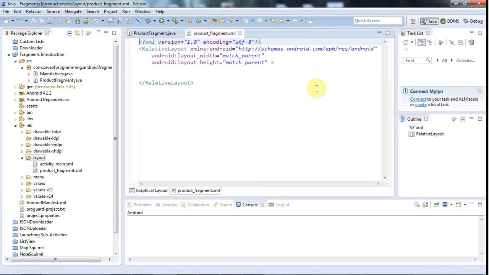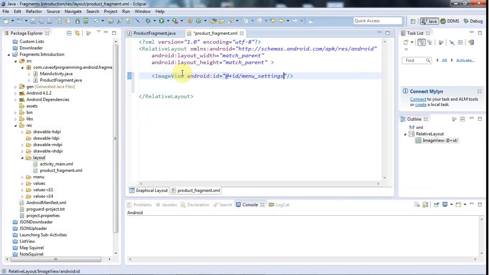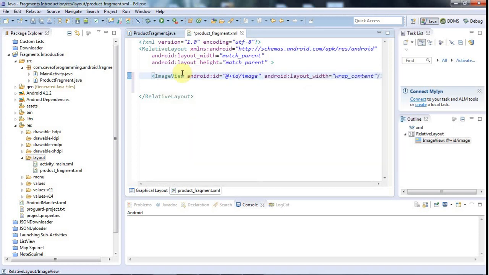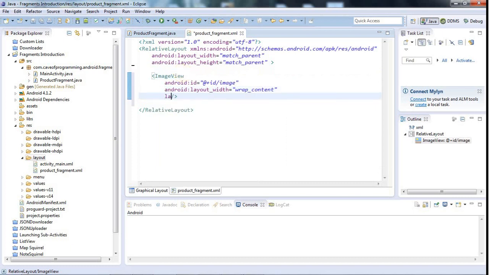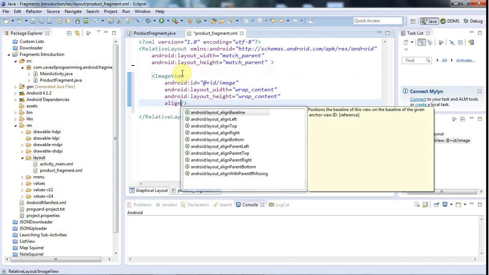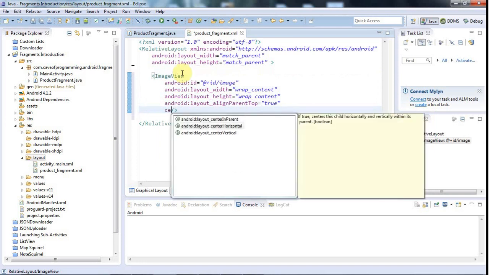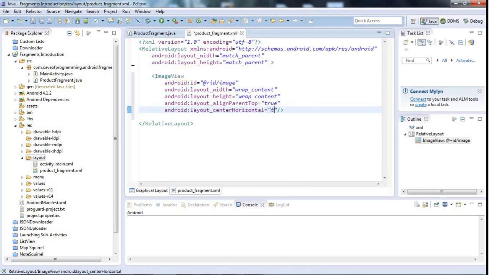I'll just do something really simple here because I don't want to take up time just doing basic layout stuff again. I'll have an image view here, and let's give that an ID. I'm defining the ID, so I use plus there, and let's call this image. I'll say that the layout width is wrap content, and let's make the layout height wrap content as well. I'll say align parent top true, and let's also have center horizontal set to true, and maybe I'll set the padding as well. Let's try 10